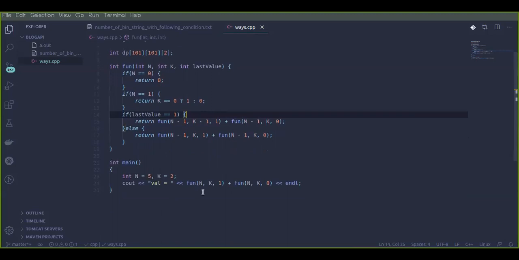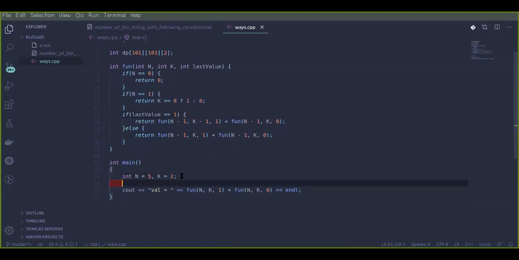But first of all, I want my DP to be filled with -1 or something like that, so that I can say that this particular state had been found out at some moment before, and I just want to get the value of that state found earlier in my current state, instead of repeating that computation again.